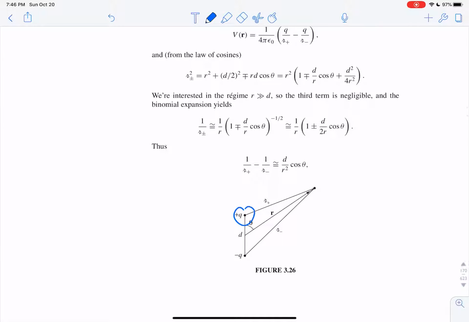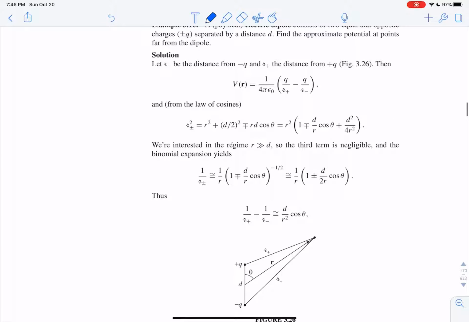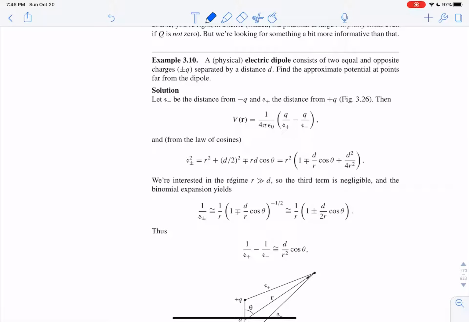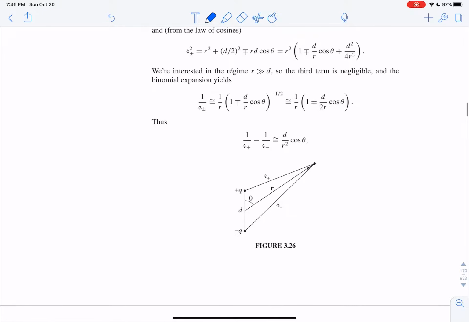So we have one plus charge and one minus charge, and we want to know what's the potential out here due to those two charge configurations, because that's the whole thing of E&M: what's the electric field generated by charges. That's all you're doing all the time. Okay, so how do we do that? Simple. We calculate the potential from that charge, and then we calculate the potential from that charge, and we add